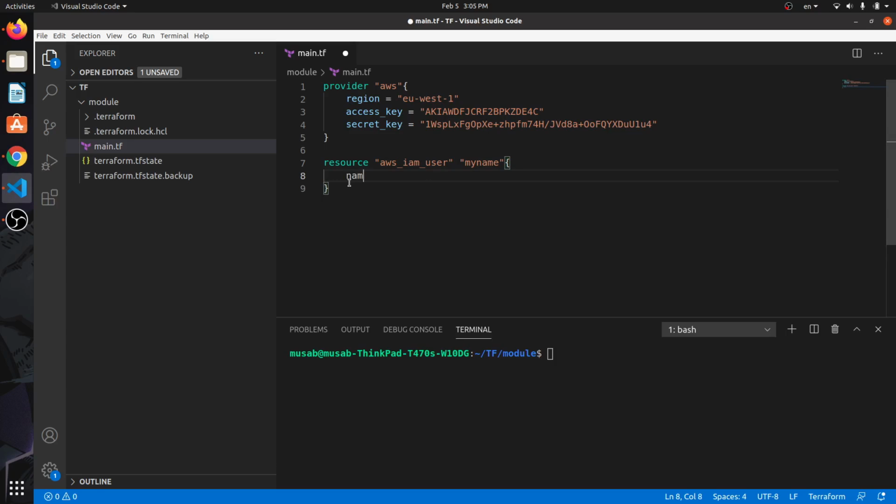And then inside it, the attribute name equal, and let's name it test-user. Okay, no big deal. As simple as that. Now here we created a user, but we didn't attach any policy for it. So we will create another resource, but this time